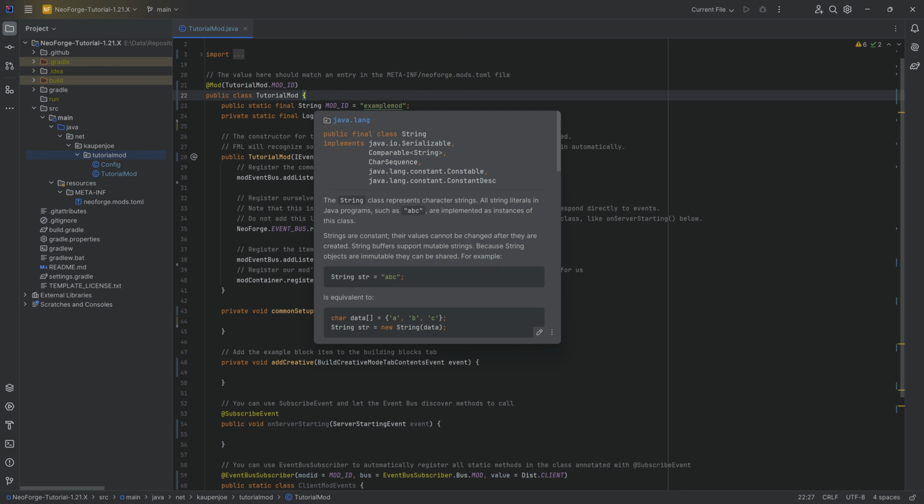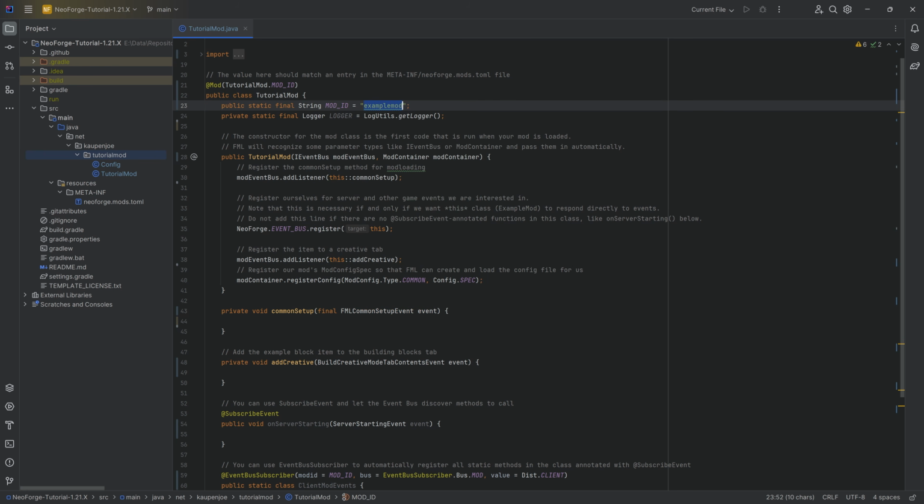This is not necessary. What is necessary is changing the actual value of the mod ID. And this, well, this is now extremely important. The mod ID is your unique identifier for your mod, meaning it needs to be unique. It needs to be long enough to be unique. So even if I'm going to say, well, this is my tutorial mod, I could just be like, oh, Tmod, that's fine. That is not long enough, right? I would definitely say you want it a little bit longer.